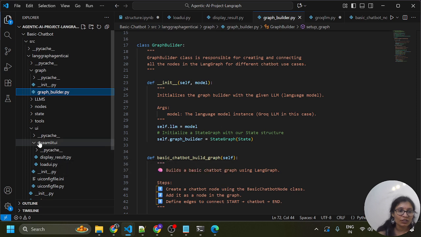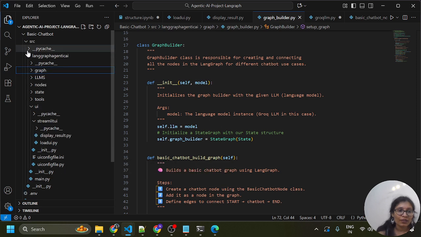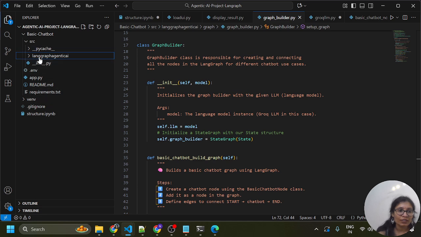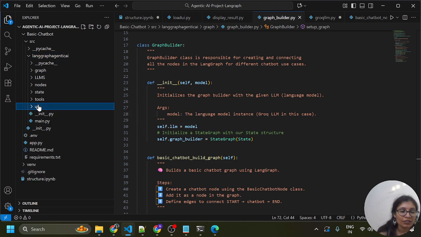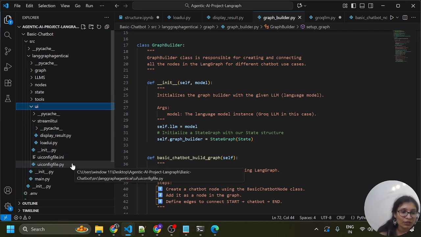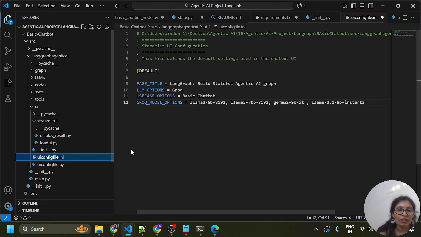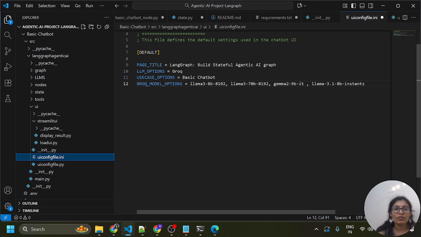Here in the src folder you need to go into the ui folder, then langgraphagenticai, and here you need to go into ui, and inside the ui you need to open this file, the UI config file. This file defines the default settings used by the chatbot UI. This is the default setting that we can create. Page title, this one,